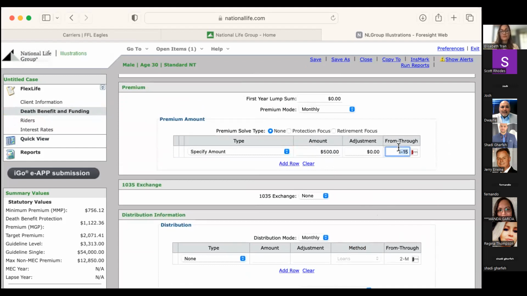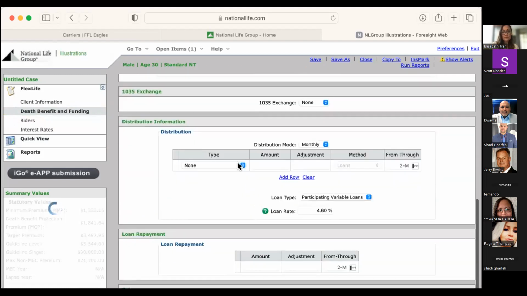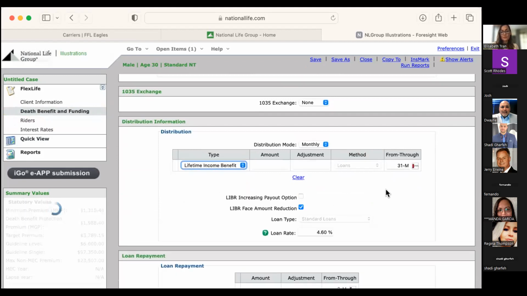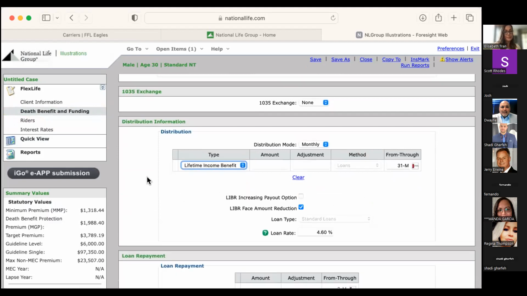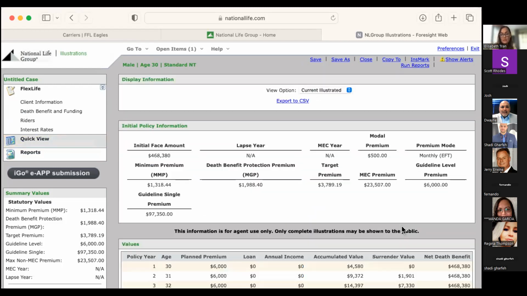And he's going to do it for 20 years, and then he wants to change that into a lifetime income. Okay, did you guys see what I just did? Basically, just change that distribution to a lifetime income. When he retires, he should be able to get